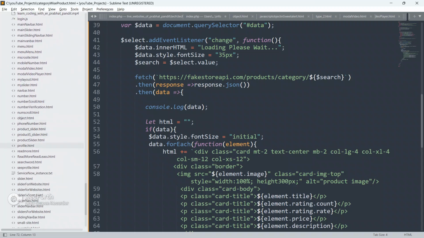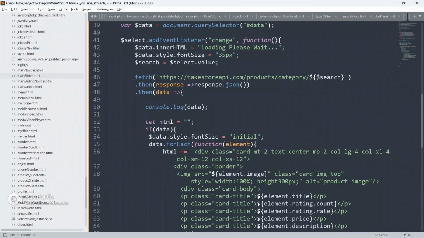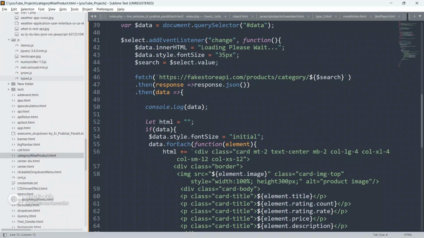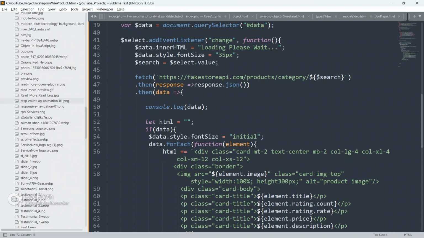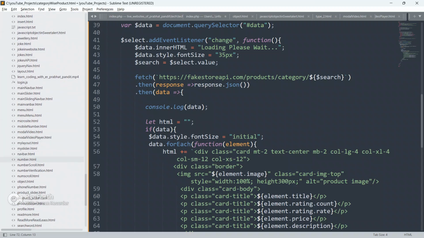Let me check if I can get this from here. I'm sorry, guys, I'm taking a bit more time. I only said don't use the normal alert, so give me some time. I'm looking for sweet alert.